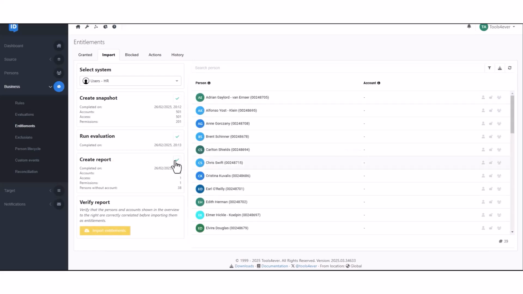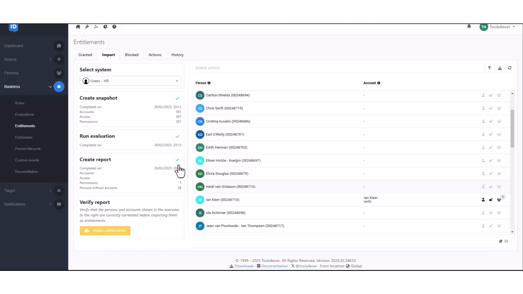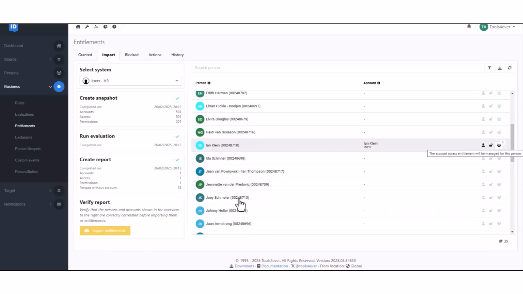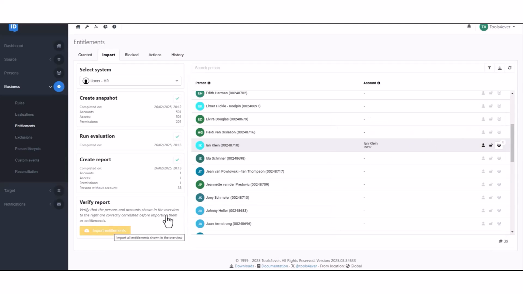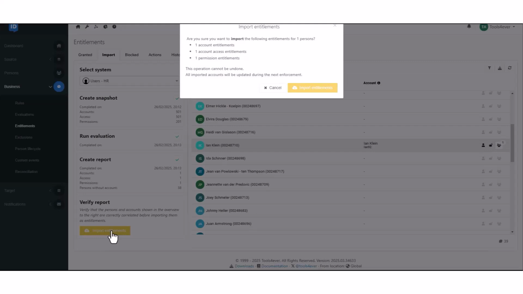And what we see next is that these are all the people who will receive an account for the HR user system. In this case, we focus on Ian Klein because I have already registered him as a user in the HR user package, and you will see that his account is now being imported. It would enable him to import the account access entitlements because he is also enabled as an account in the system. And it would import the agent HR role permission from the target system. That means if I click Import Entitlements,